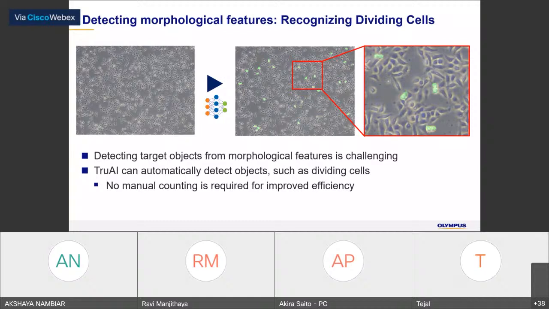But of course, it is better to have high contrast. But by giving training to the neural network, it will show a very good result even in a very low contrast image.